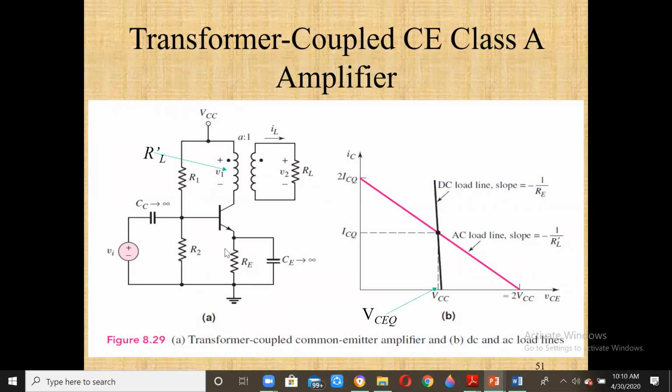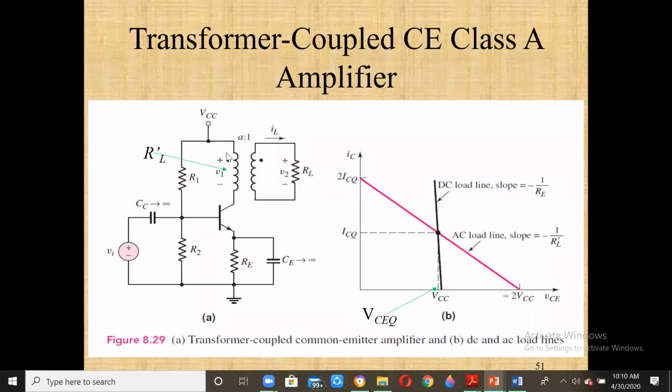So under DC conditions, the biasing circuit is going to take over. That means we'll have the RE value there, and the impedance due to the input side of the transformer, which is nothing but the inductance, will be almost zero. Frequency is zero for DC, so the impedance due to this will be very, very small. That will be only due to the leakage resistance of the transformer. So that leakage resistance of the transformer plus RE will be the resistance within the output circuit.